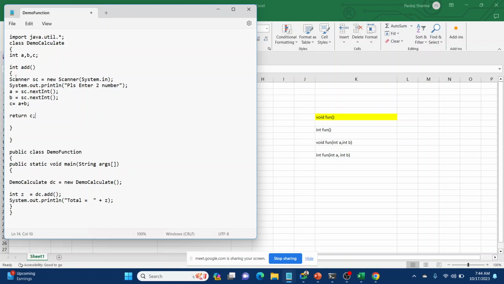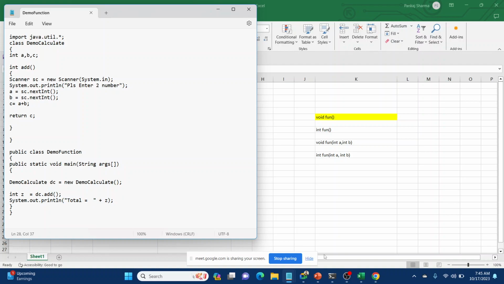So over here we took input, then did the basic calculation, and we are returning the c variable. Why c? Because the return type is integer, and we can return an integer value over here. If you want to return a direct constant, like 10 or 20, then it will return only that value. But we are returning c, which means whatever value c has, it will send to where it is called. So wherever it is called, it will return the total value, and that value gets stored in z. Then we will print the z value.